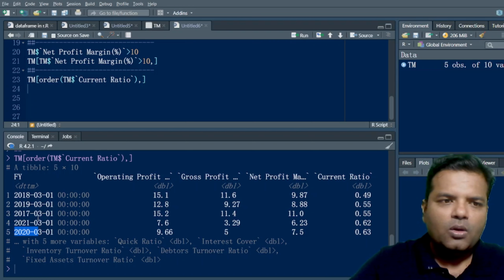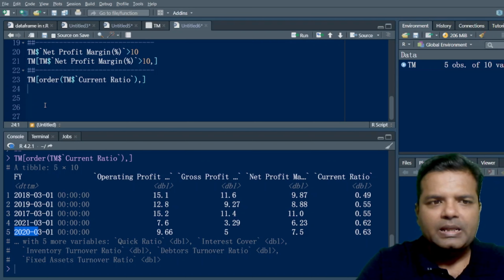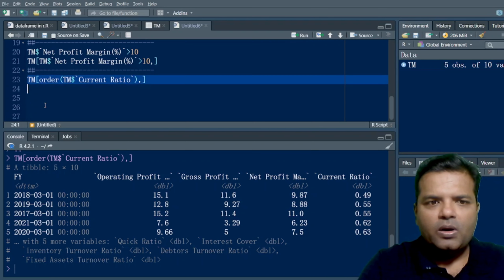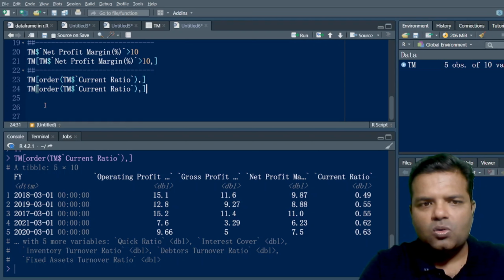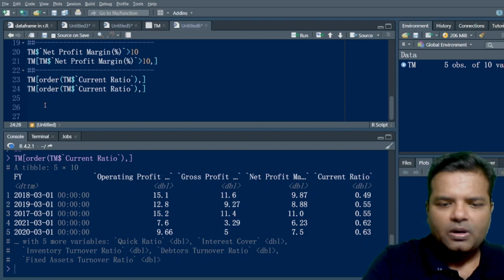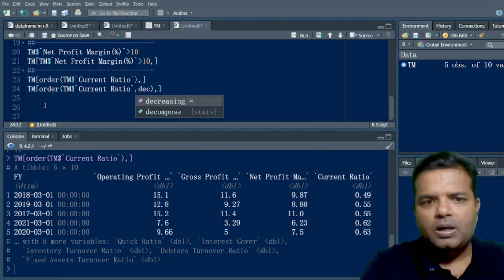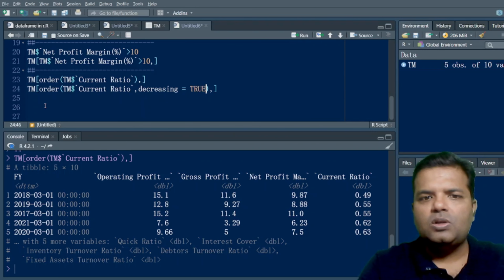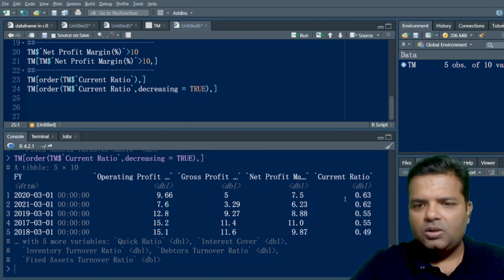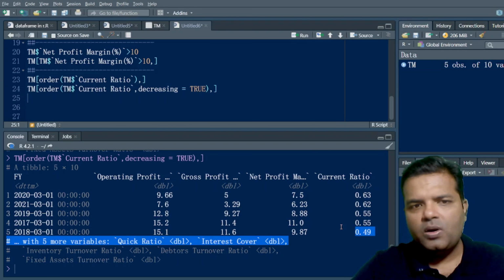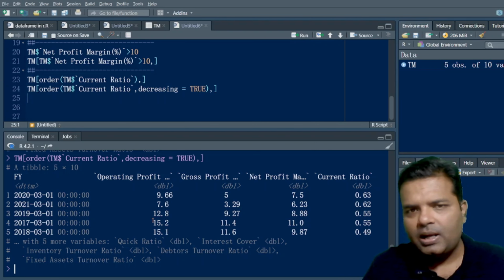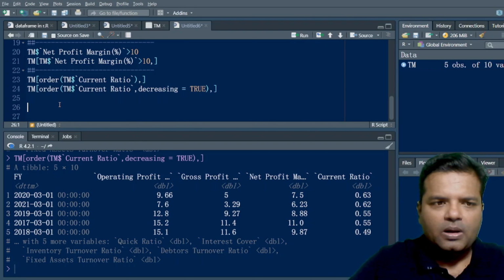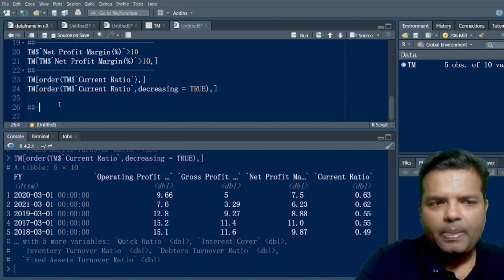current ratio. Now if I want this data in a decreasing order, I will simply write this code and write decreasing is equal to true, and you can see here the current ratio is arranged in a decreasing order and my entire data is also arranged in the decreasing order. So let's move ahead